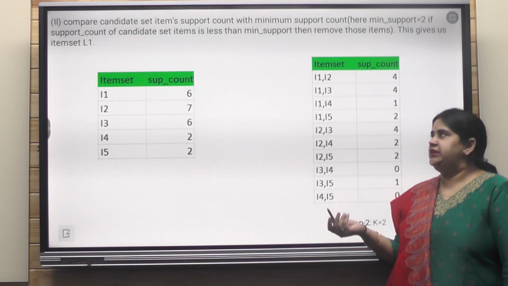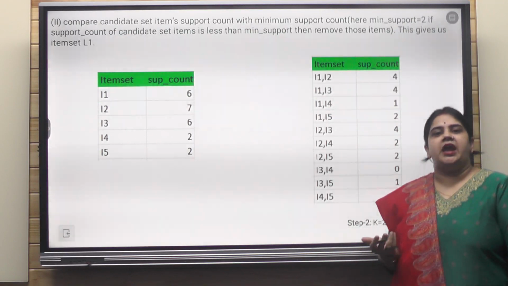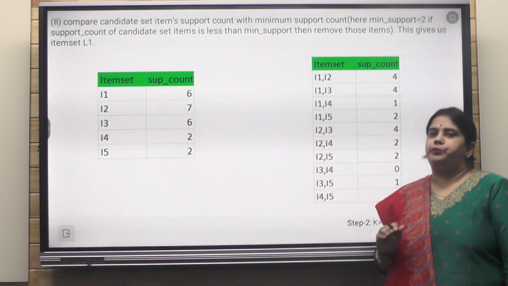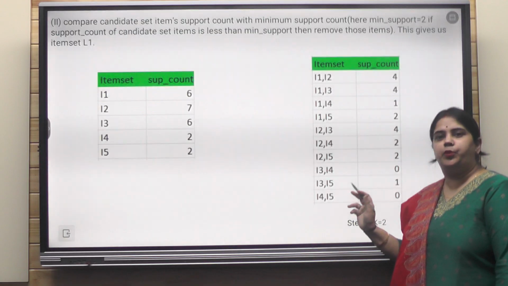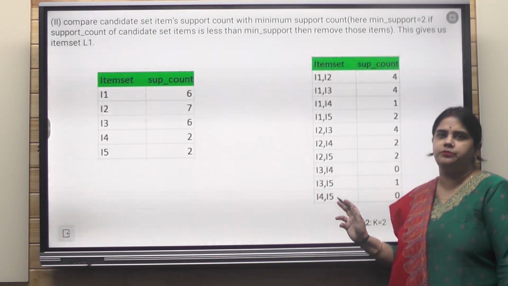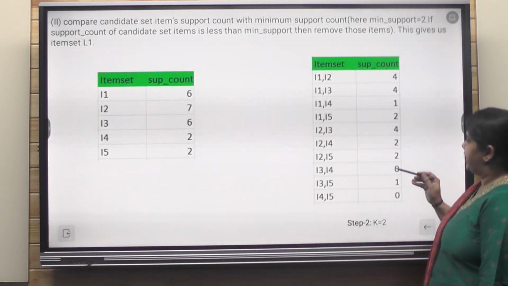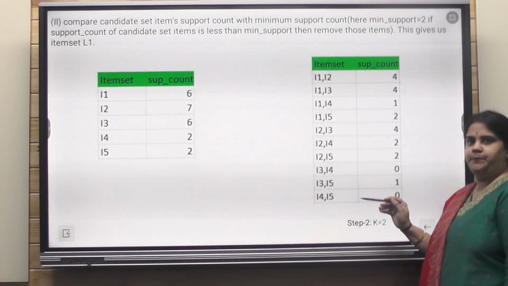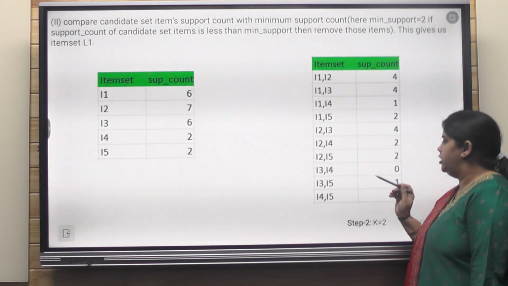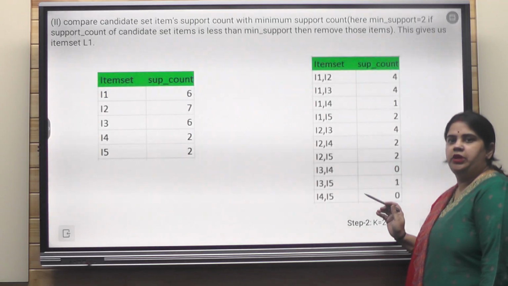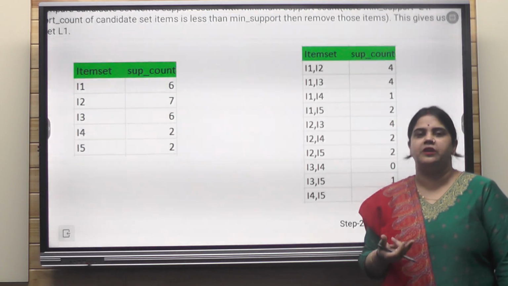Now class, we have seen that once we create the candidate table, the next iteration says you have to prune those rows which are not ensuring the support count of 2. Why 2? Because it's a prior value which is given in the question. So we can see here that the last 3 rows are giving you the support value as 0, 1 and 0. It means that they are not ensuring the minimum condition of support.